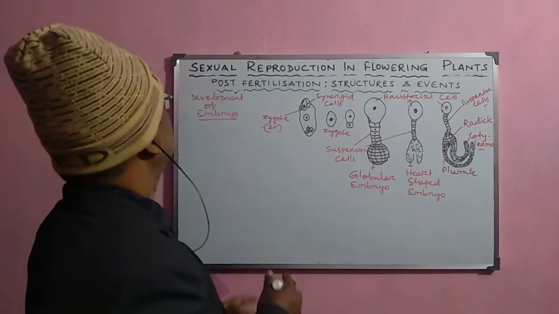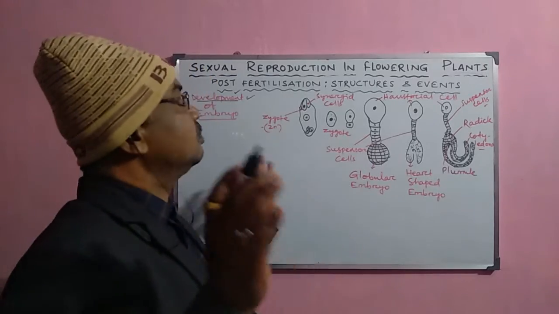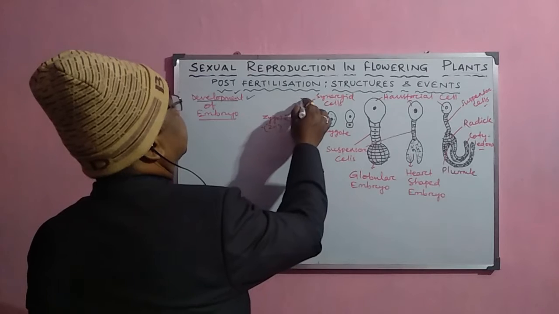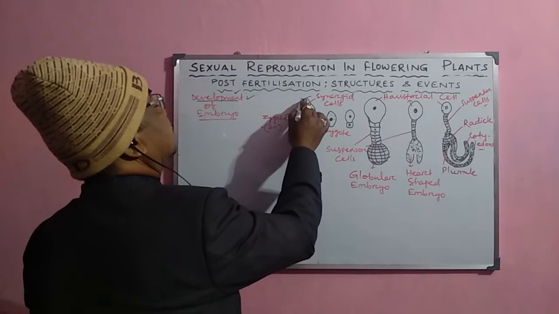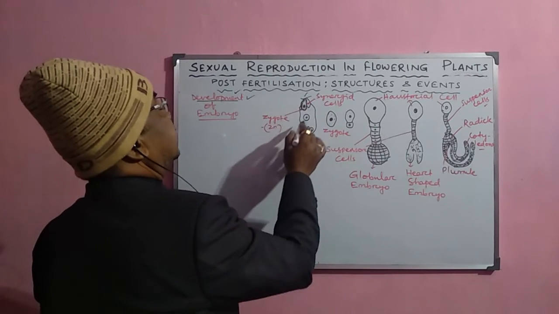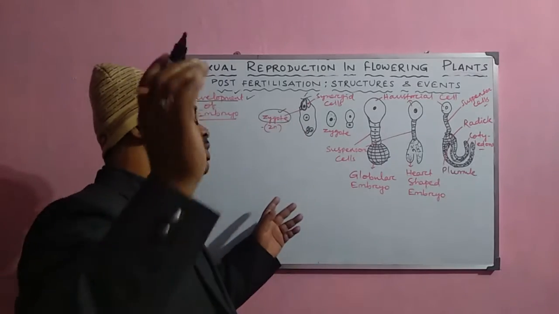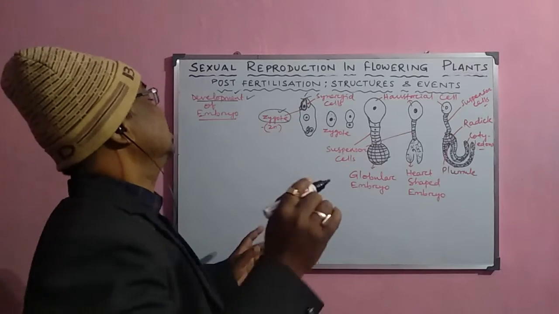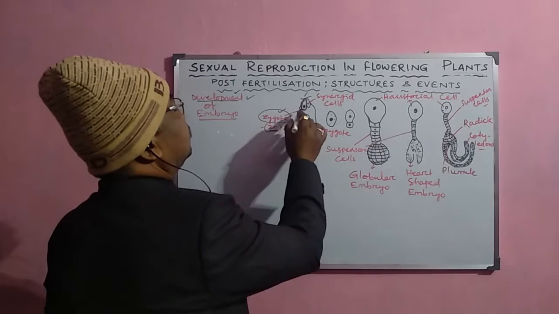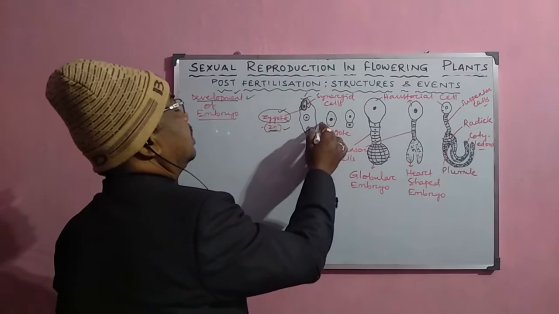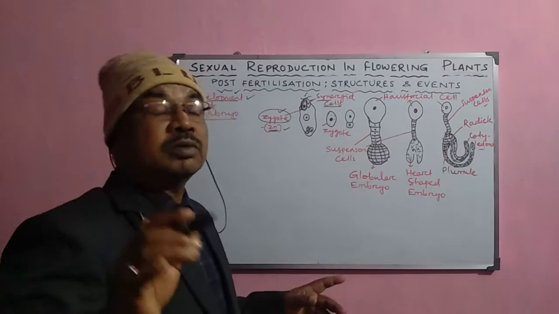We shall discuss the development of the embryo, how the embryo actually develops from the zygote. So after the fertilization, what happens? Now the egg cell which is present here towards the micropylar end, when it fuses with the first pollen nucleus, it forms the zygote, which is in diploid condition. Now this zygote actually develops into the embryo, and the synergid cells which were there adjacent to the embryo,